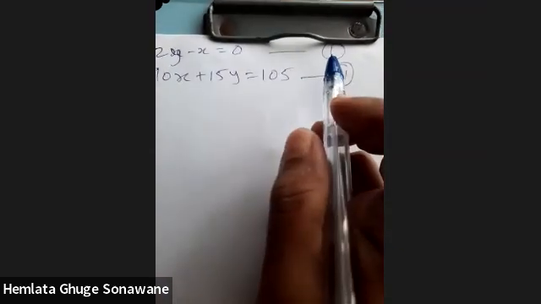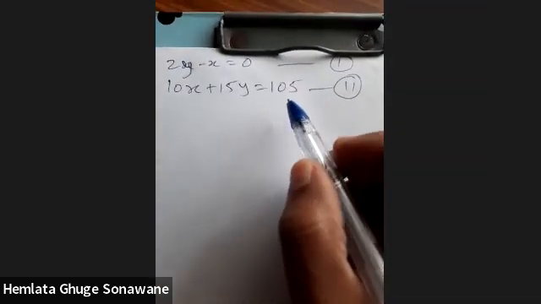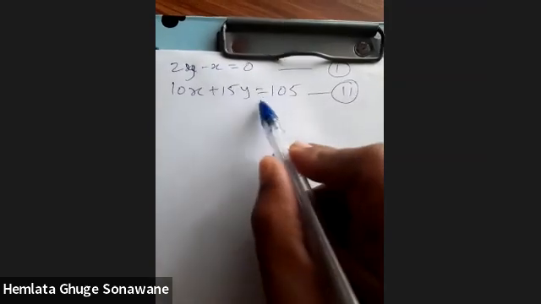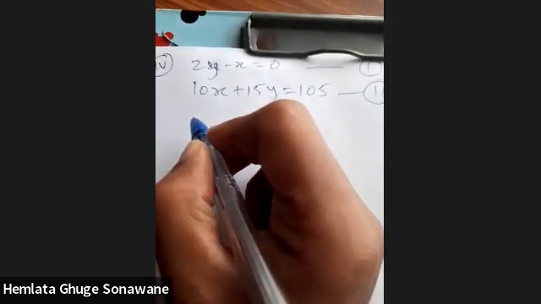It is given in the example. Now we'll divide equation number 2 by 5. We'll divide both sides of equation number 2